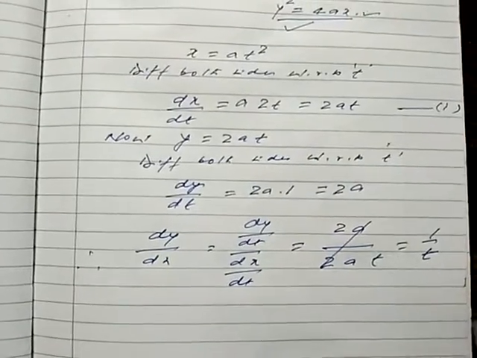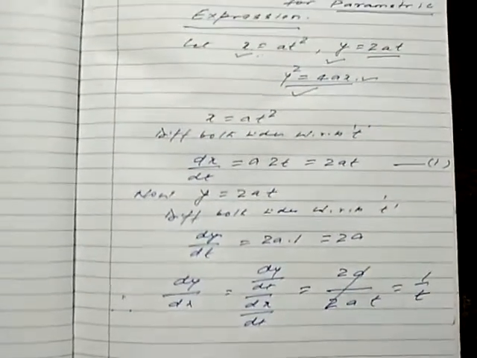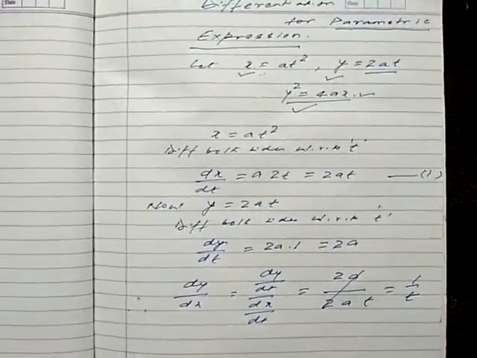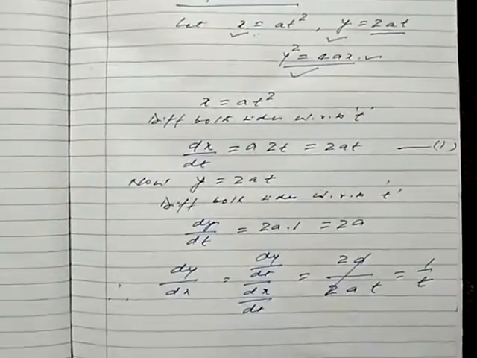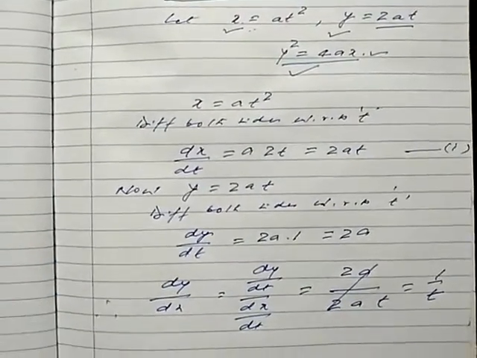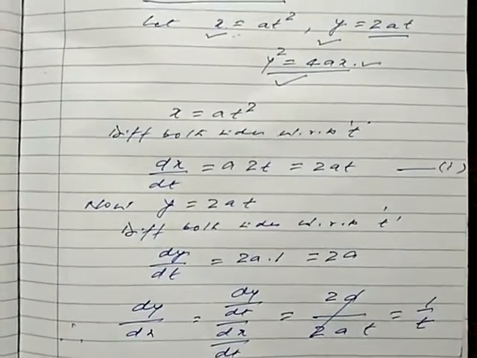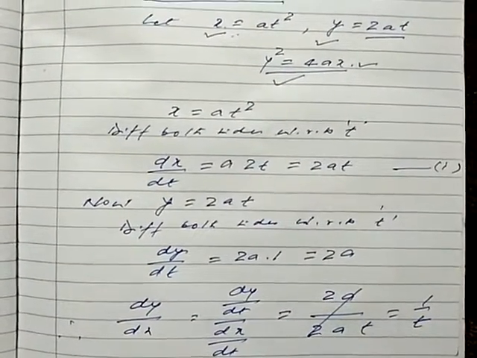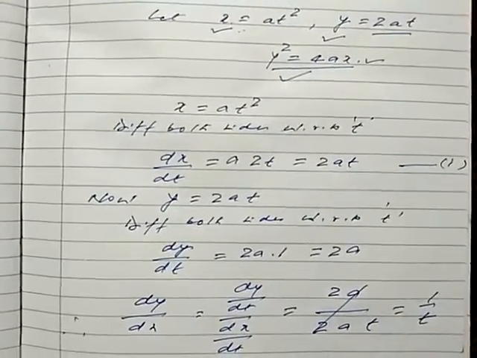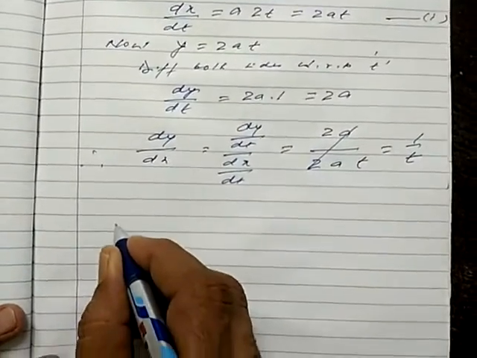What will we do first? First we will take the x variable and we will differentiate whatever the representation is in that term. Then we will go for the y, we will differentiate in terms of the representation. And finally we will take the ratio of both. This is the way we can differentiate the parametric function or expression. I am taking another example. Here is the second one.